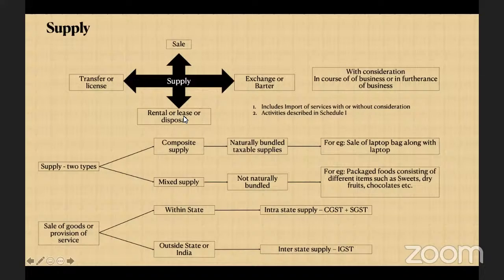So supply will not always be restricted to these four legs of the transaction. It can include anything else. For example, if you refer to Schedule 1 of the Central Goods and Services Tax Act, are you able to hear me properly now? The voice was breaking. What I was telling is, whatever four legs of transaction have been put here, supply is